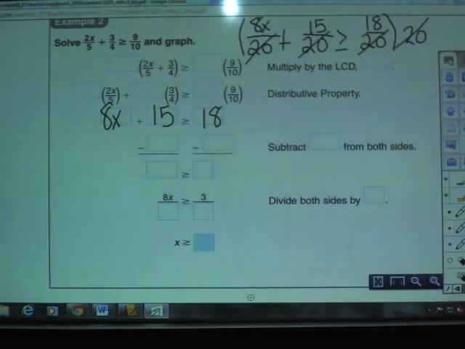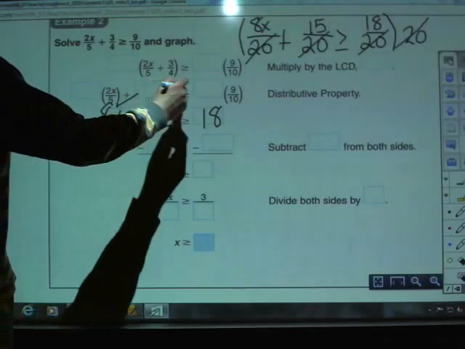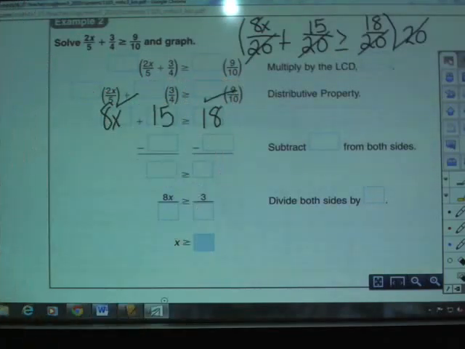All right, so let's use the rules of solving inequalities to solve this inequality. 8x plus 15 is greater than or equal to 18. Keep the variables on the left and send the numbers to the right. So we see the two troublemakers here for us are 8 and 15. I need to move both 8 and 15. Remember, the thing that's directly connected to the variable always goes last. So since 8 is directly connected to x, that's going to be the last thing I move, which means 15